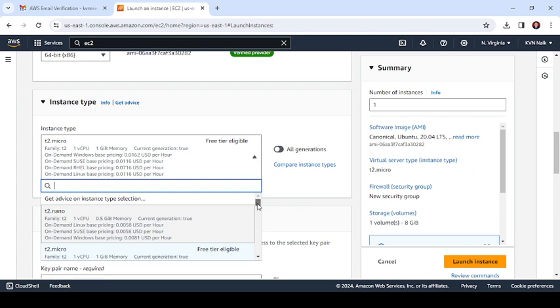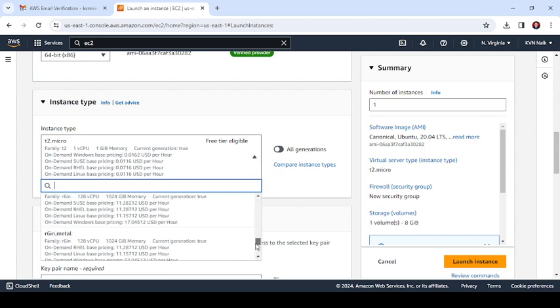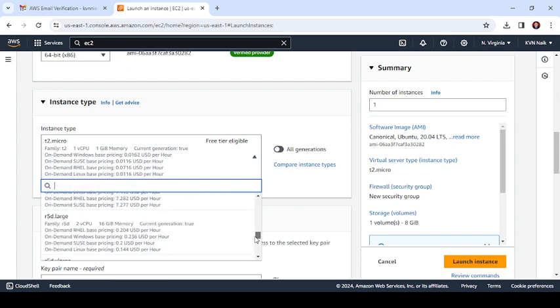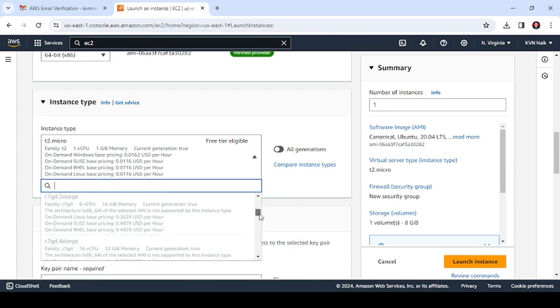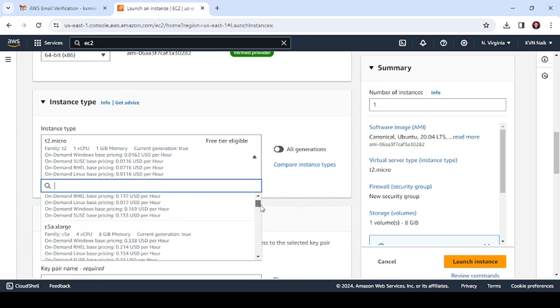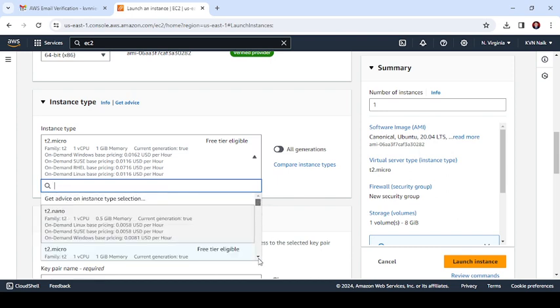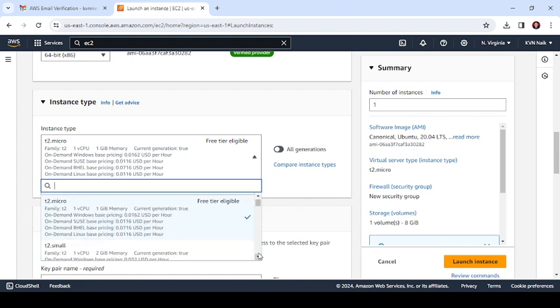Okay, you can go and see here. Remember, only T2 micro is available for free tier eligible. T2 micro is the only virtual machine instance type available for free tier. So you have to select T2 micro, and in T2 micro they will provide you one CPU, 1 gig of